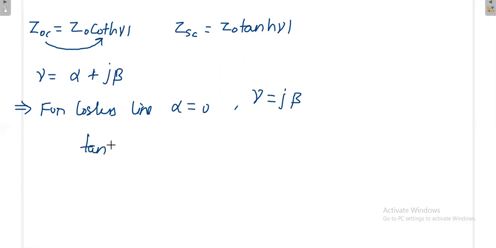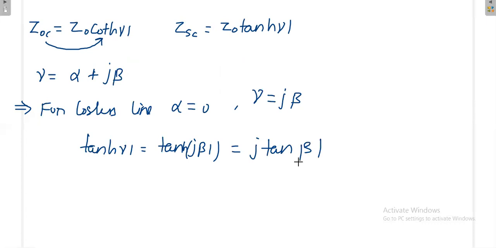So if you have tanh(γl) and you substitute γ, which generally consists of α + jβ, but α now is 0, you can write jβl. So tanh(jβl) is equal to j tan βl. Please remember, the h is cancelled. Similarly, whenever you have coth(γl), that is coth(jβl)